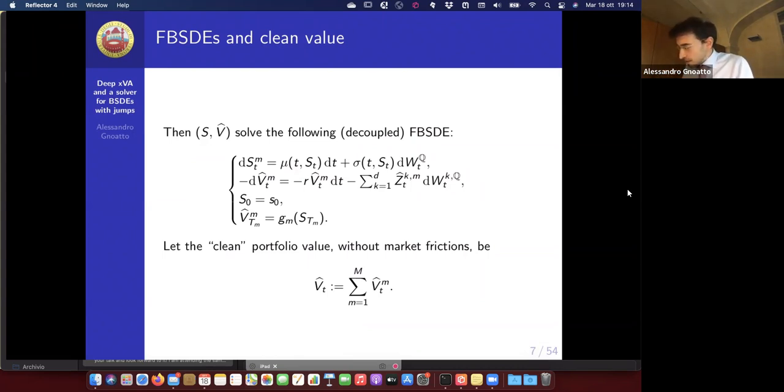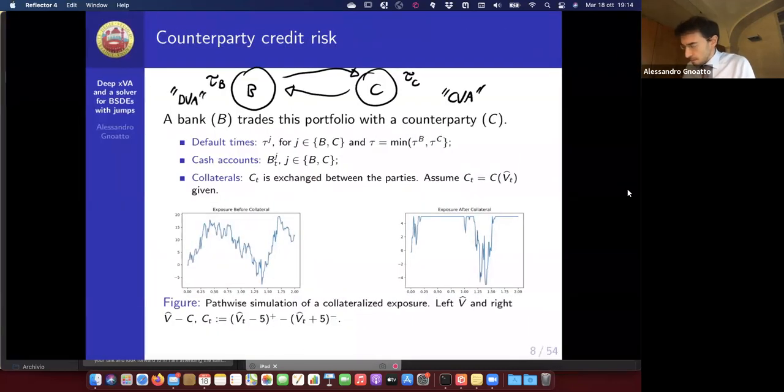So I was saying that when you compute the collateral, you compute the collateral on the whole set of transactions that are in force between the bank and the counterparty. So your valuation is no longer linear in terms of your trades. The valuation becomes highly non-linear because the valuation of a single product becomes a portfolio-wide problem.